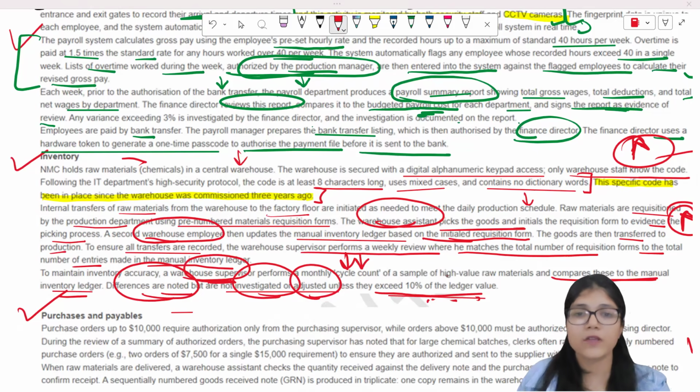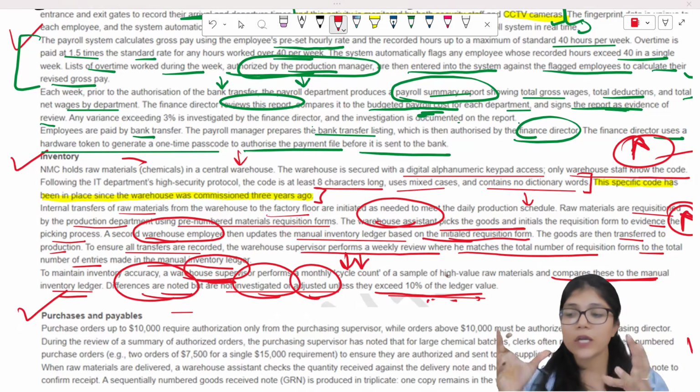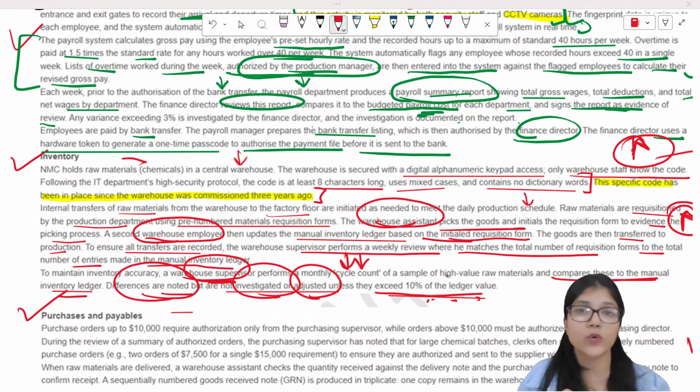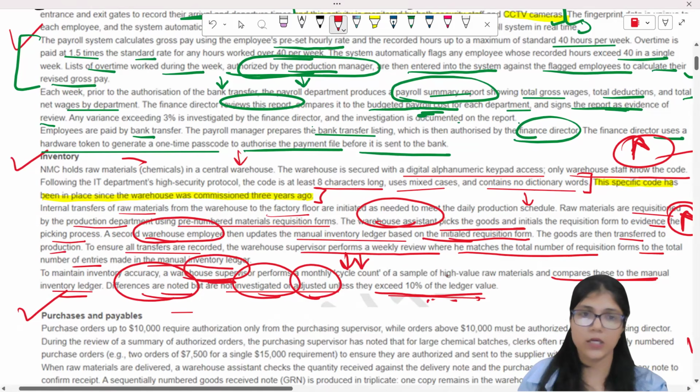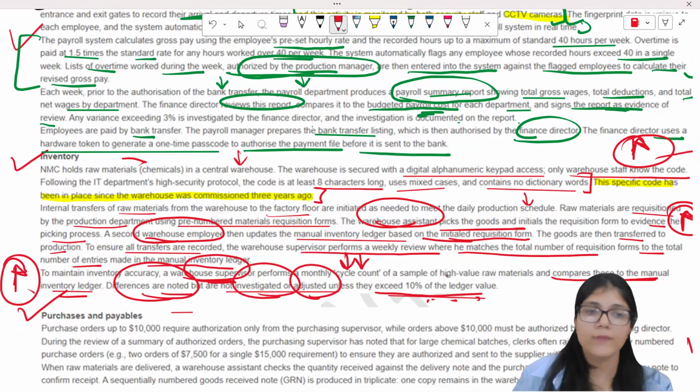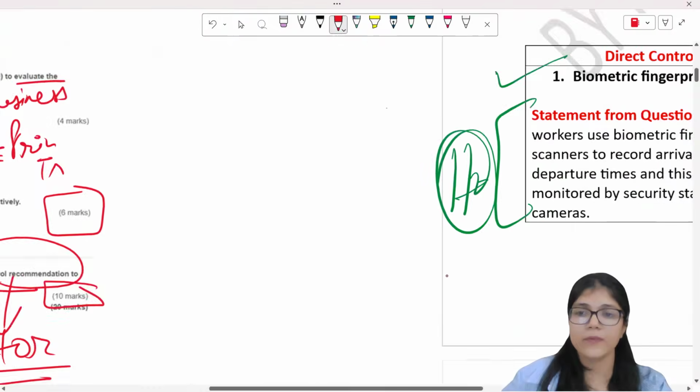So this is a lack of segregation of duties, and the supervisor who is doing all of these things may use the 10% threshold that you have right now to conceal any kinds of frauds or errors he is making. He might be committing frauds and errors of 9%, which will not be detected anyway, right? So different people should be doing this job because it might impact your inventory valuation and calculation, and your accuracy might not actually be correct, right? So this is your third red flag. Let's see the answer.